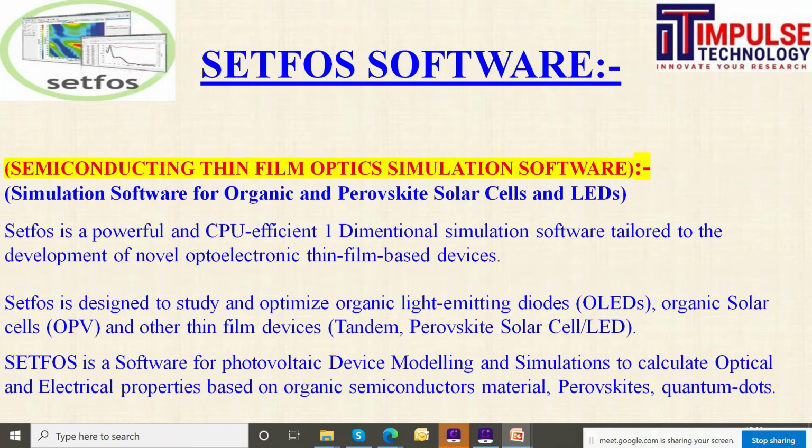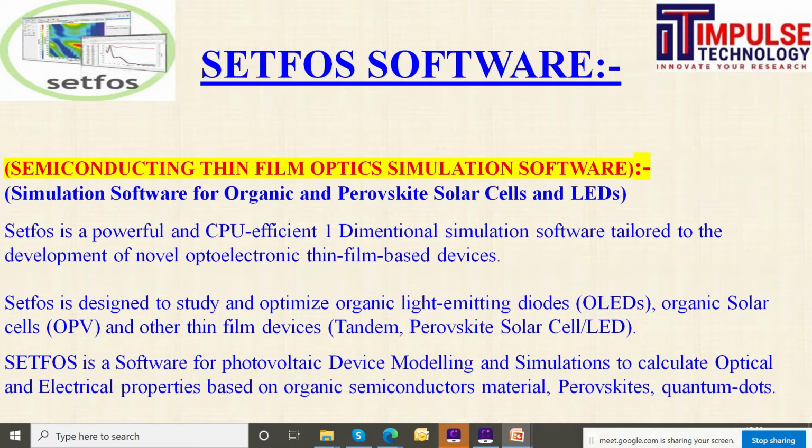Now we will discuss SETFOS software. SETFOS stands for Semiconducting Thin Film Optics Simulation Software. It is specifically designed for organic, perovskite, tandem, hybrid, and thin film based devices for LEDs and solar cells. It is a very powerful and CPU-efficient one-dimensional simulation software tailored for the development of novel optoelectronic thin film based designs.